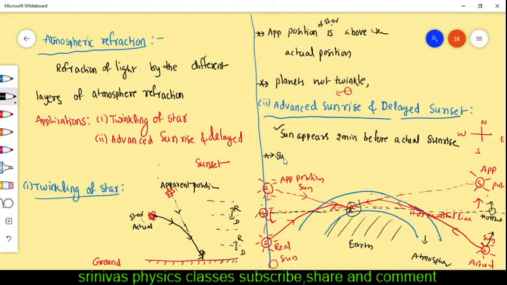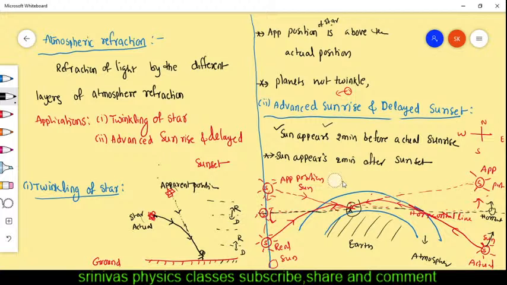दैट मीन्स सन अपियर्स कितना मिनट्स सनसेट के बाद, सन हॉरिजॉन्टल से नीचे जाने के बाद भी कितना मिनट आपको दिखाएगा, सन अपियर्स 2 मिनट आफ्टर सनसेट आल्सो, 2 मिनट के बाद सनसेट हुआ, रियली सनसेट हुआ, बट फिर भी आपको सन दिखाएगा 2 मिनट एक्स्ट्रा, मतलब सन सनराइज नहीं हुआ, फिर भी आपको सन दिखाएगा, मतलब सन अर्लीली दिखाएगा, एंड सन डिसअपियर होने के बाद 2 मिनट लेट से भी दिखाएगा, मतलब पूरा लेंथ ऑफ द डे कितना एटमॉस्फेयर की वजह से ये वाला होता है, लेंथ ऑफ द डे कितना इंक्रीज होगा